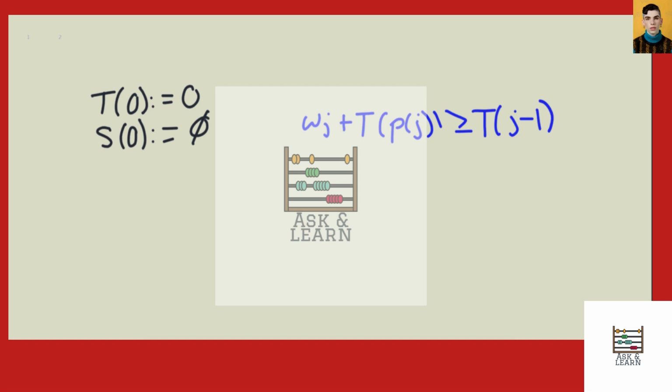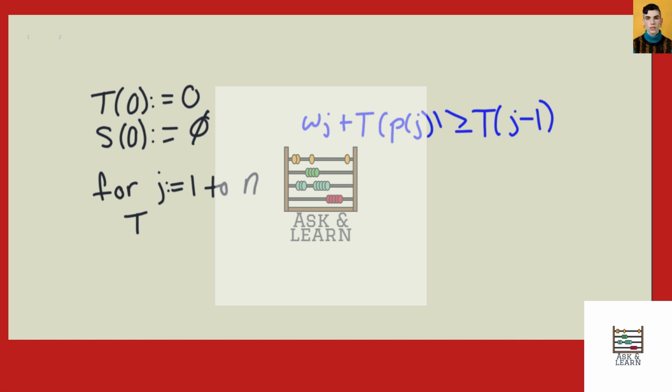So only if we are increasing our number of attendees do we want to let Talk J be involved in our optimal solution. To encapsulate that idea, we'll say for J as it runs from 1 to n, so as it scrolls through all of our talks,